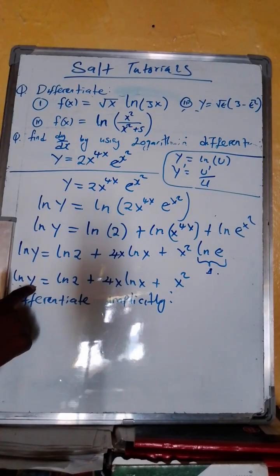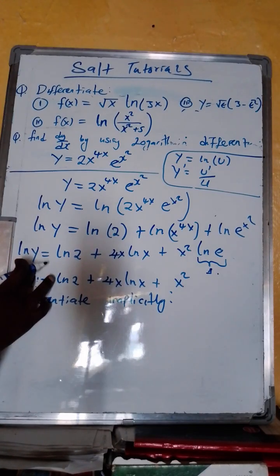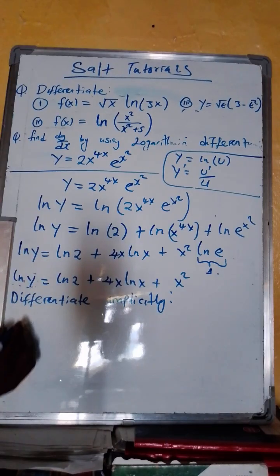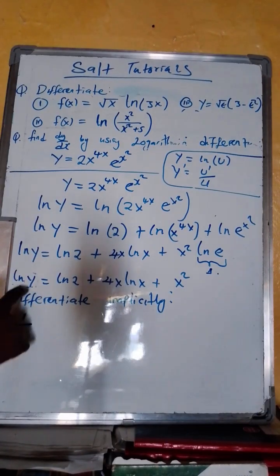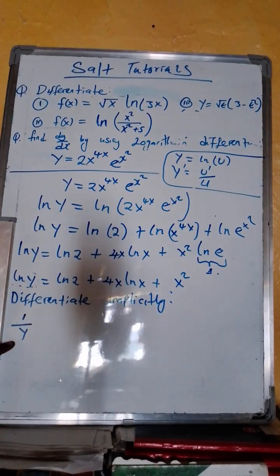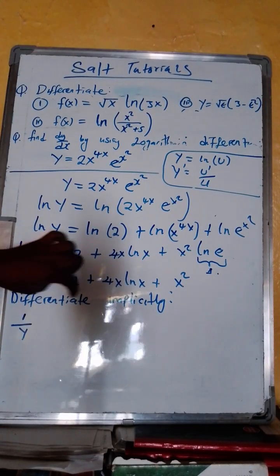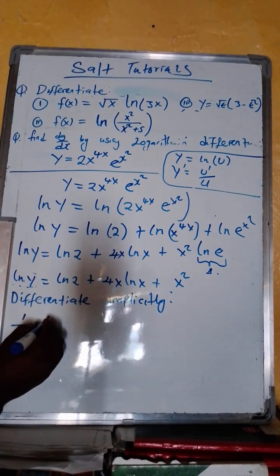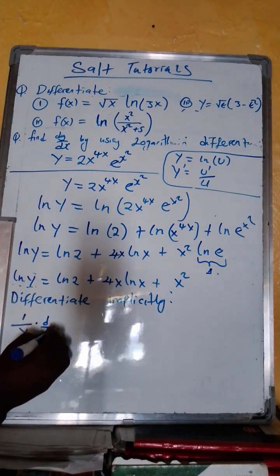Derivative of y, we're taking it as a variable. y power 1 drops down, 1 minus 1 is 0, so y power 0 is basically 1. So we have 1 on the numerator over y itself. So the derivative of natural log of y is 1 over y. But since it is implicit differentiation, we multiply it by dy dx